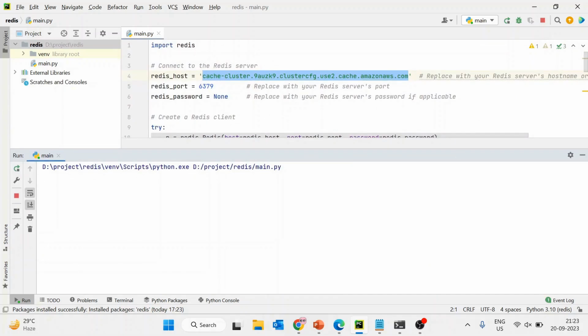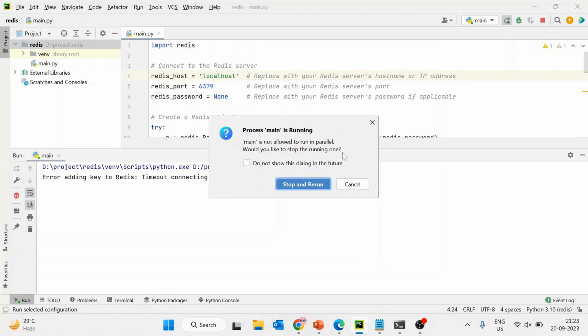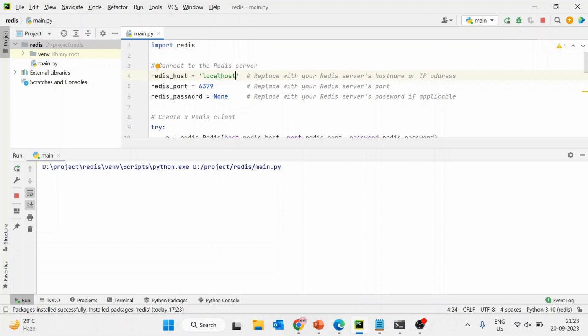It will take time, perhaps because the timeout is very high, but it should not take this much time, because the only purpose of this cache is to make transactions very fast, and it should not take any timeout in connecting to the server. So we will stop it. Then I will just make it localhost so that I can show you that I don't have any server running on my local machine.